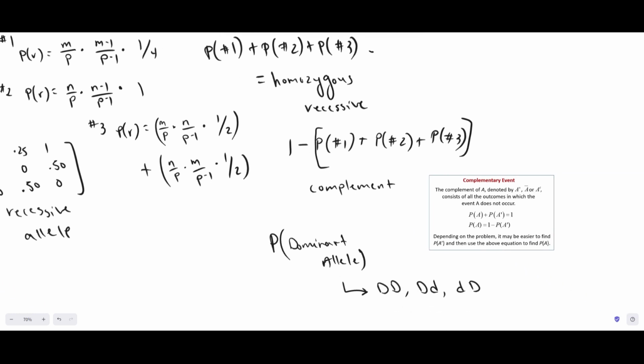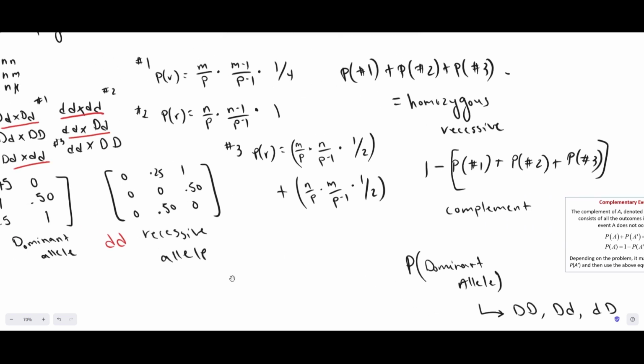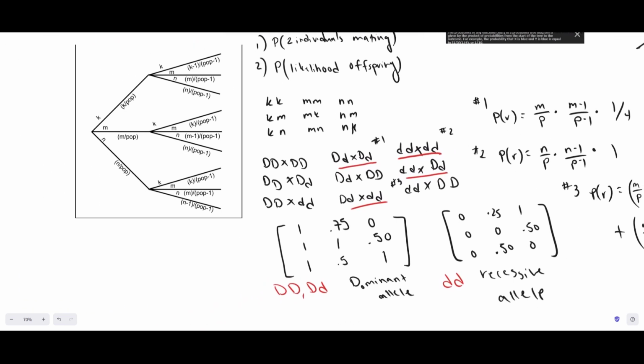And then you take the complement, and this is the basic understanding of what a complementary event is. And then from here, this should result in the probability of an offspring having a dominant allele. It could be either combination, but just to briefly walk through how this is being explained,